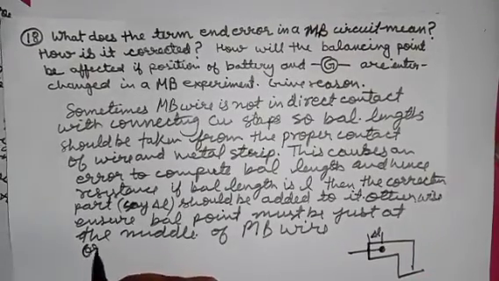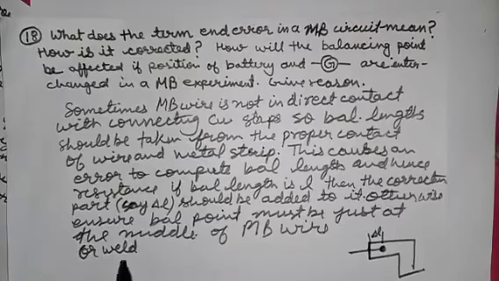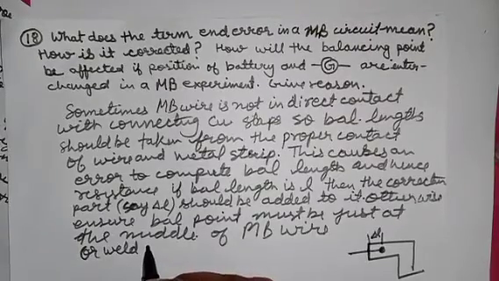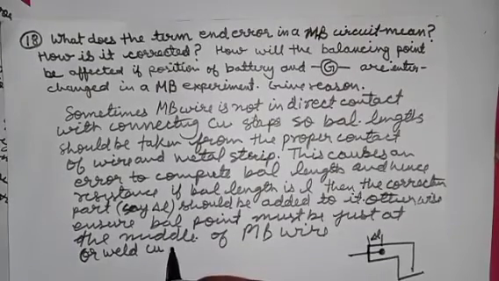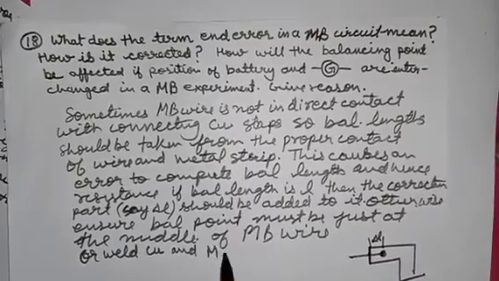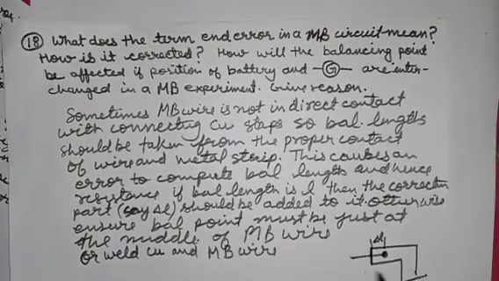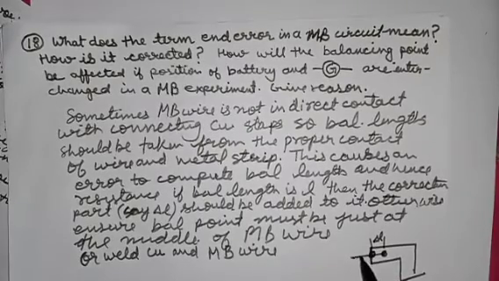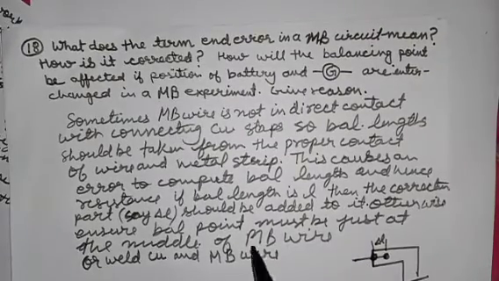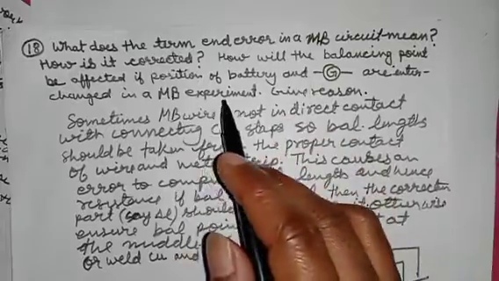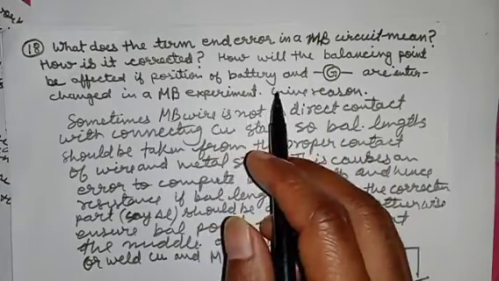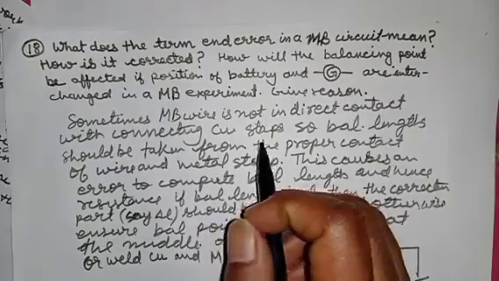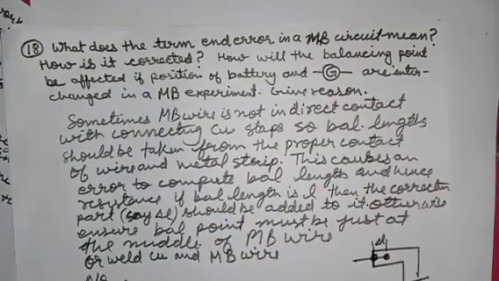Or one more thing can be done. Weld the copper strip and the meter bridge wire. This is the other thing. If it is welded here, we can definitely say that from here we have to measure the length. Second thing, how will the balancing point be affected if the positions of battery and galvanometer are interchanged in the meter bridge experiment? So no change